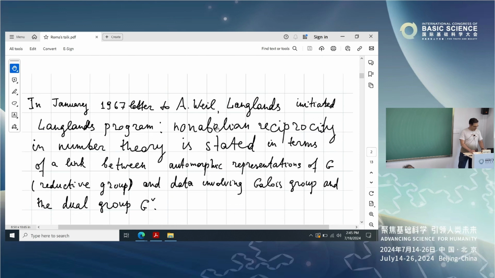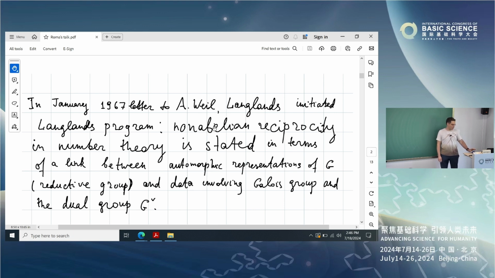Okay, so let me start with a little bit of history. There's Langlands duality in the title, and this theory goes back to a letter that Langlands wrote to André Weil in January of 1967. There he initiated this approach where non-abelian reciprocity laws in number theory are expressed in terms of automorphic representations, and